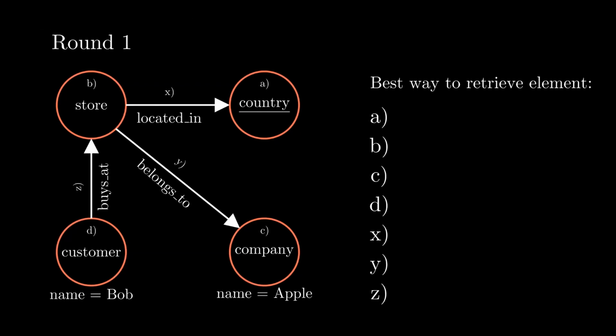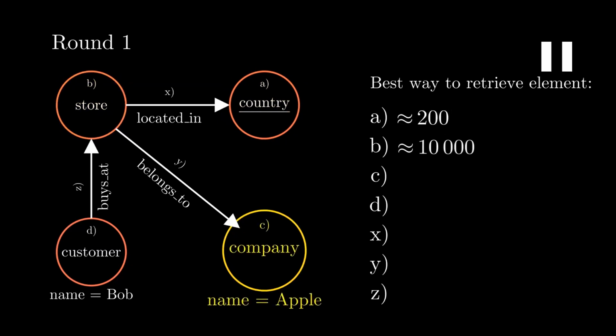And to start out, we can leverage some statistics to determine how many elements we will get from the database if we query for a single one of those vertices. So for example, starting at the country vertex, our database statistics may know that we have the label country about 200 times in the database. So if we query for only the country, we will get maybe around 200 results. We can do the same thing for the store. Let's say we have indexed 10,000 stores